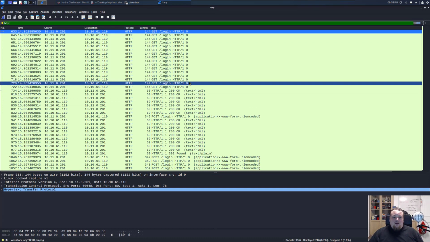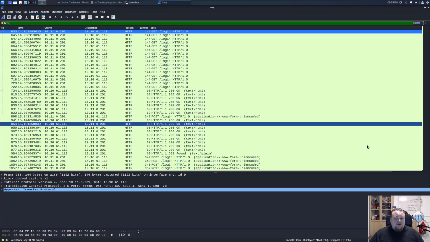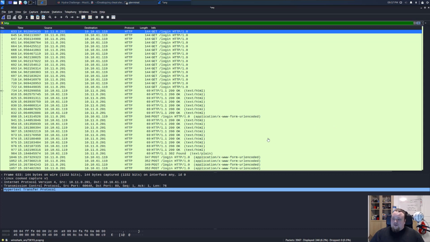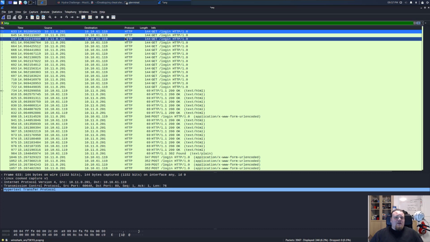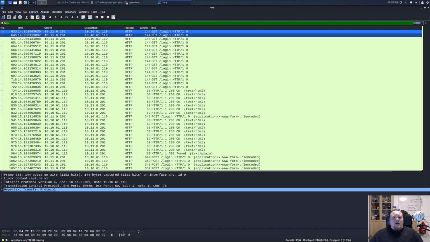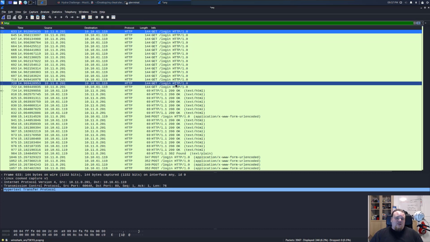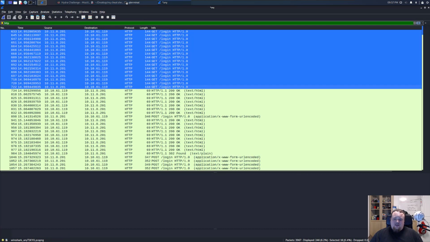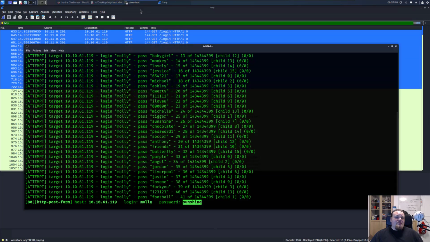So let's continue and look at the trace. So let's take a look at what we have here. I already put a filter down here on the HTTP traffic, and we can see that, well, I want to say it's like 16 packets we see sent to login at more or less the same time. So what this basically means is that